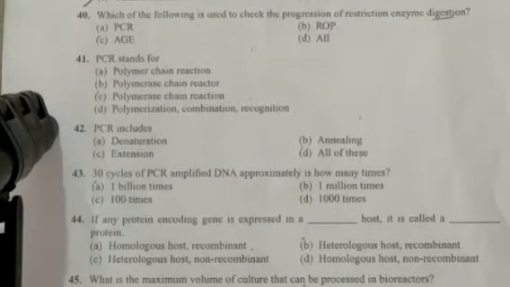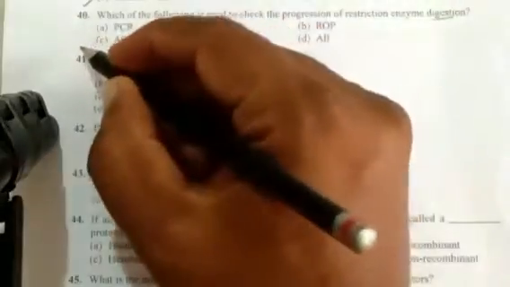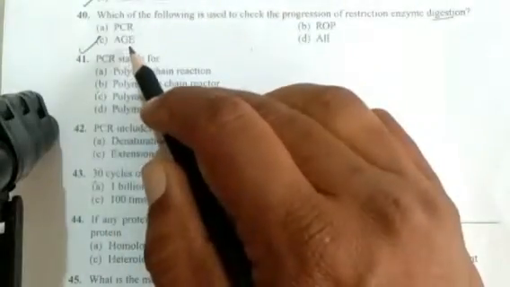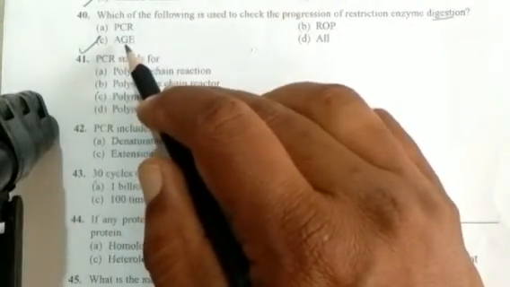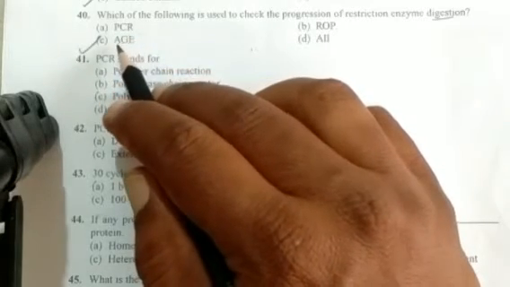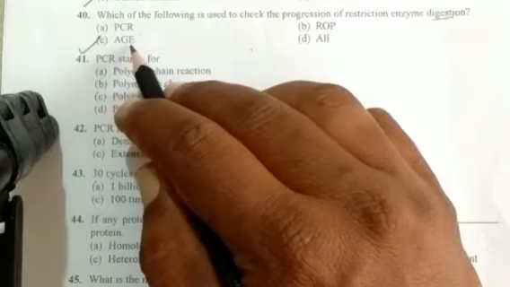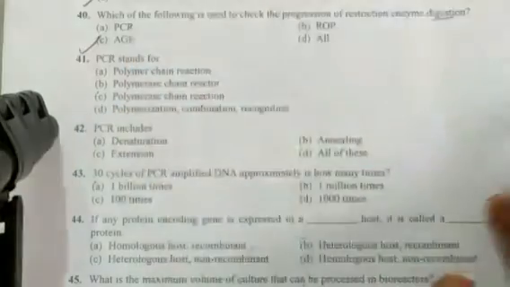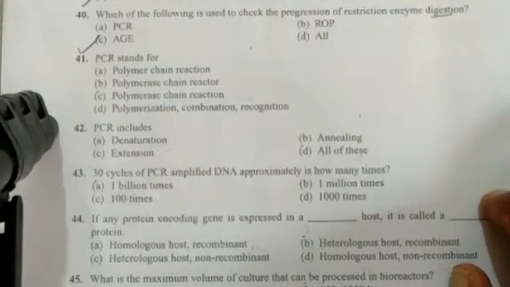Actually we say PAGE, that's nothing but polyacrylamide gel electrophoresis. This process is not in your syllabus, but I might have told you this, polyacrylamide gel electrophoresis. So this is the answer here for digestion. AGE, you should not call it as a word, it is AGE, like how in capital letters it is there, you have to call it PCR, like that. It is AGE, acrylamide gel electrophoresis. We commonly refer to it as polyacrylamide gel electrophoresis, PAGE.